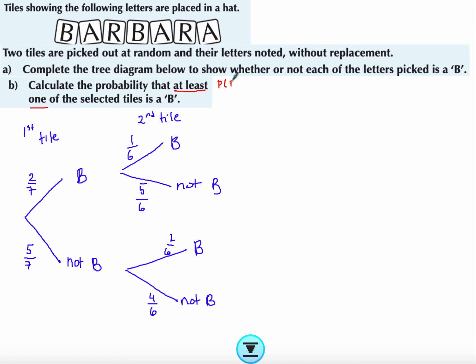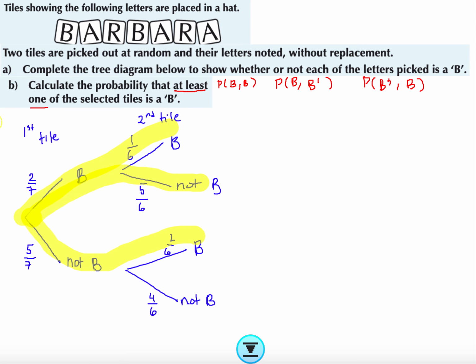So at least one B could be that I have B and a B. There, I have at least one B. So the least amount of B I have is 1. I could have a B and then not a B. So that's fine. I could have not a B and then a B, but then I'm not allowed to have this last branch. So what I am looking at is this branch,